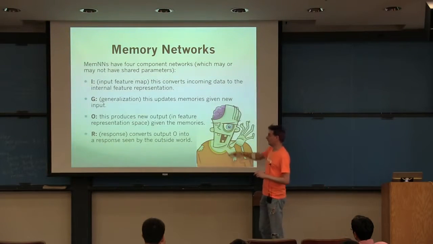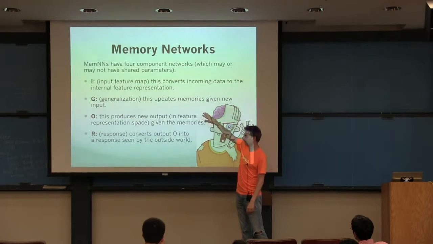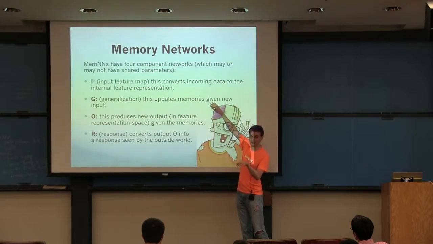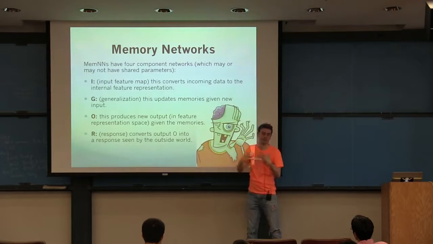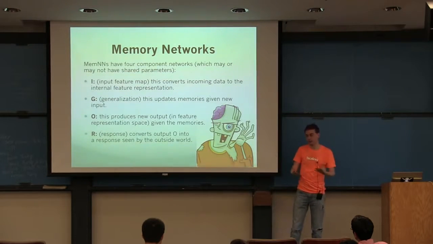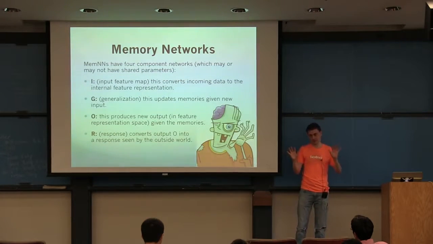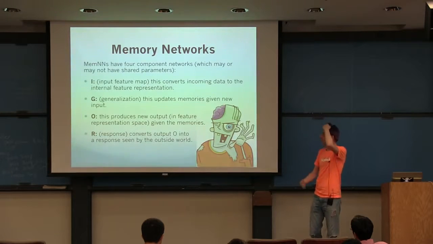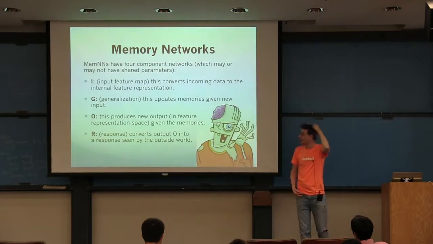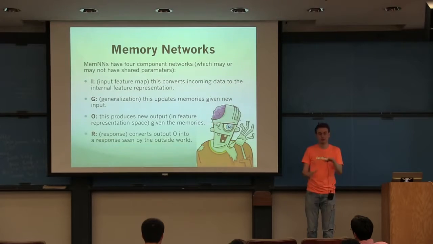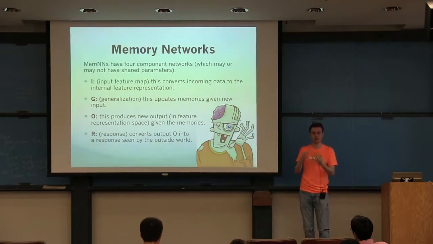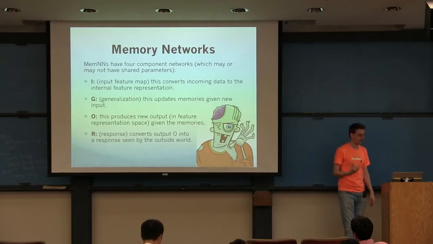What we're actually doing is more in the next component. So in the O component, if the G component is writing to the memory, the O component is going to read from the memory. And here, when you're reading from the memory, you can also do some reasoning, right? If you looked at the stories I was describing before, this is where you want to find your relevant supporting facts, as you read from the memory. So here, basically, we're going to do the bulk of the work to be able to answer these questions in the model we implement.